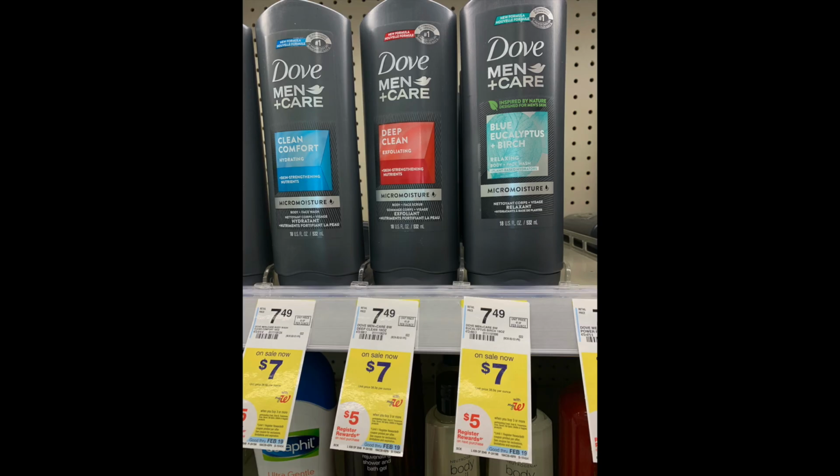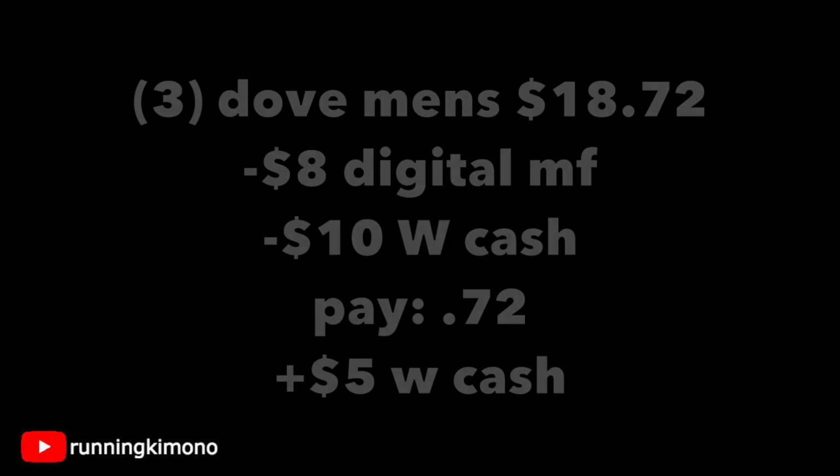If you look at the prices of the Dove men, and I would go with the Dove men because the women's one was messing things up last week, it's $7.49. It's not going to be $7 this week because it's BOGO 50% off. So grabbing 3 of those body washes,